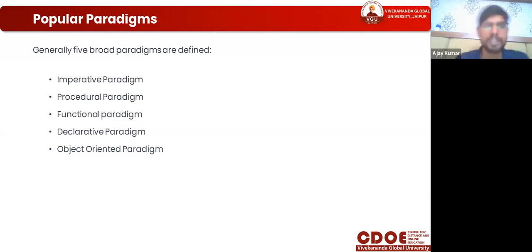There are 5 ways we make our code in the simplest way and put our procedure in any of these paradigms. So we read one by one.